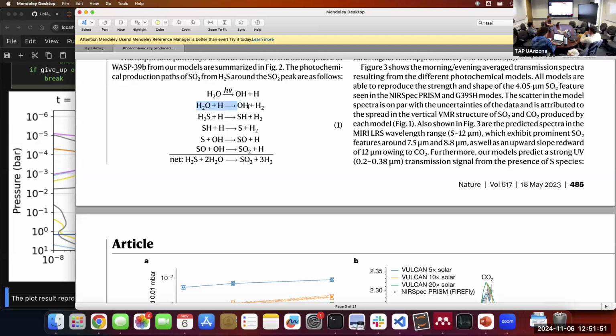This must be super well known: H2O reacting with H, making OH, like from combustion processes. To me, this is an important driver, because to build up the oxidized sulfur species, you need